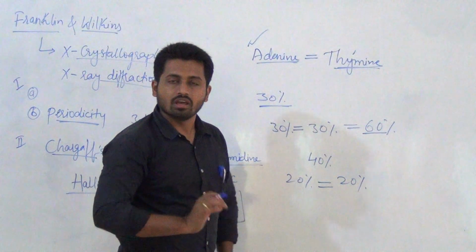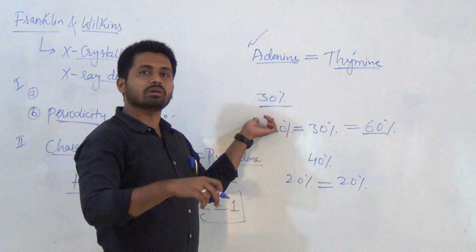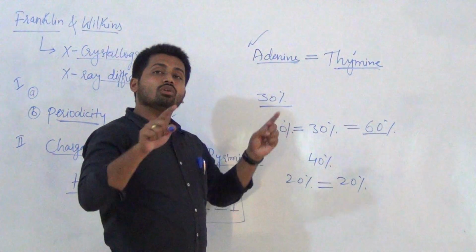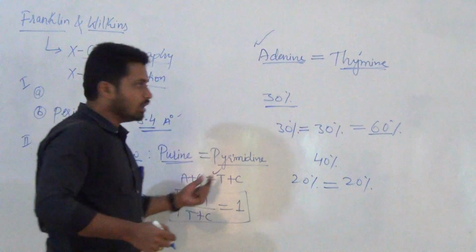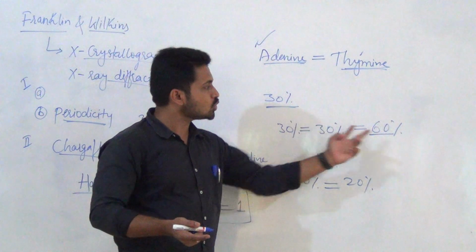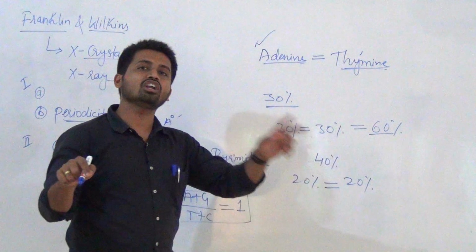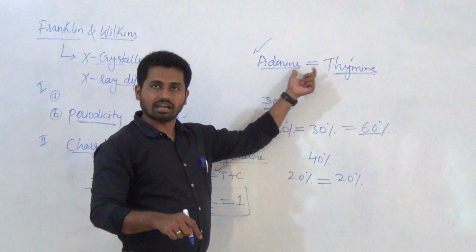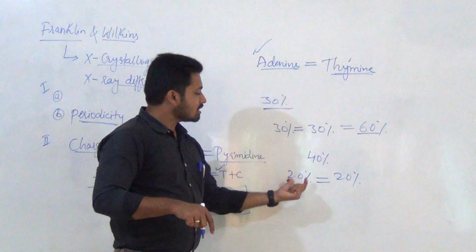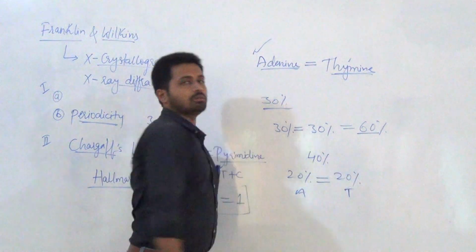Are you getting it? That is one. If the guanine concentration is 30% in a DNA, then calculate the percentage of thymine. When they ask like that, you already know that purine is always equal to pyrimidine according to this rule. Guanine is 30% and cytosine is also 30%. By these two, that is 60%, the remaining portion in the DNA is 40%. Two base pairs are there, thymine and adenine. So 40 divided by 2, that is 20% will be adenine and 20% will be thymine.